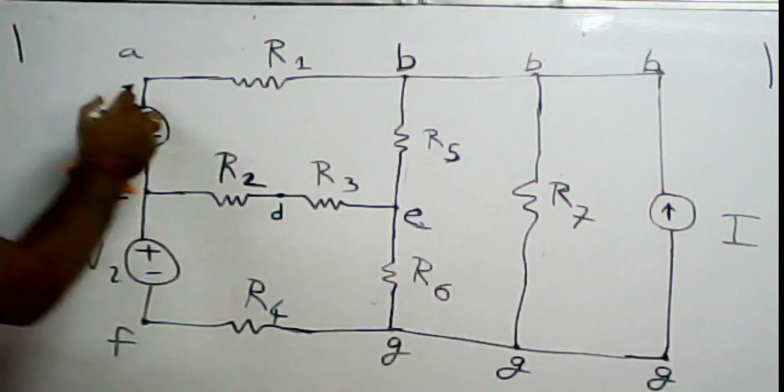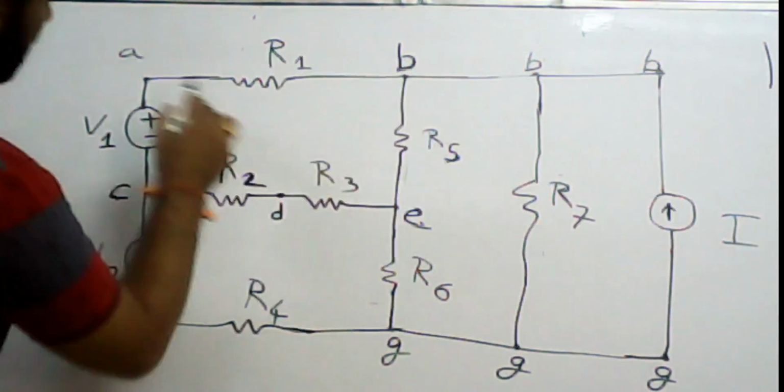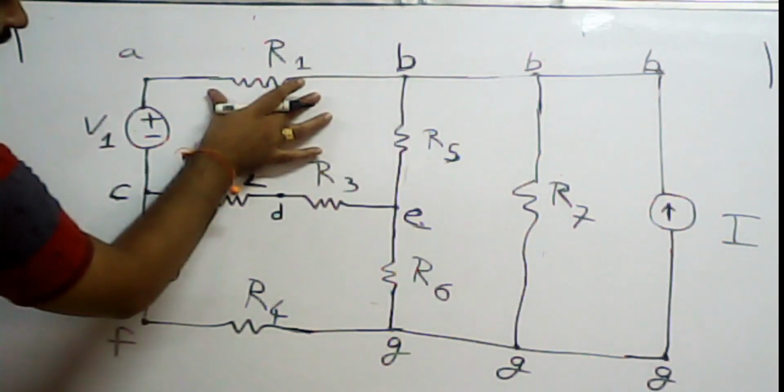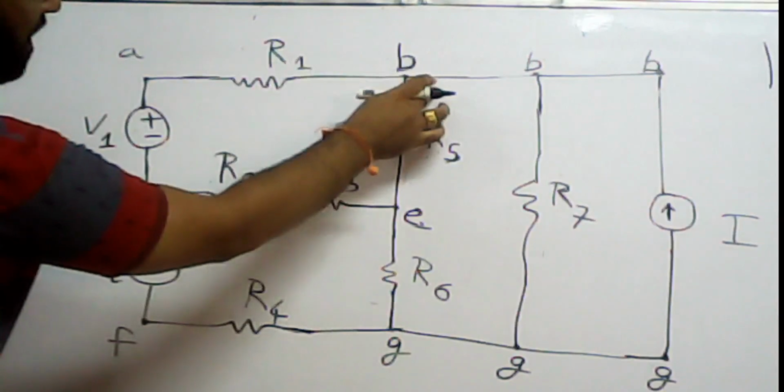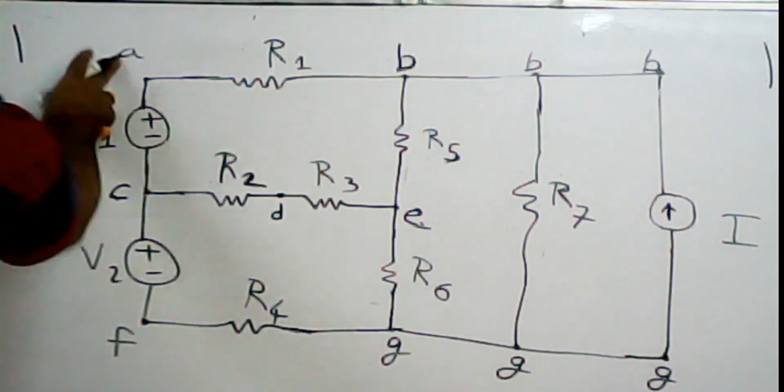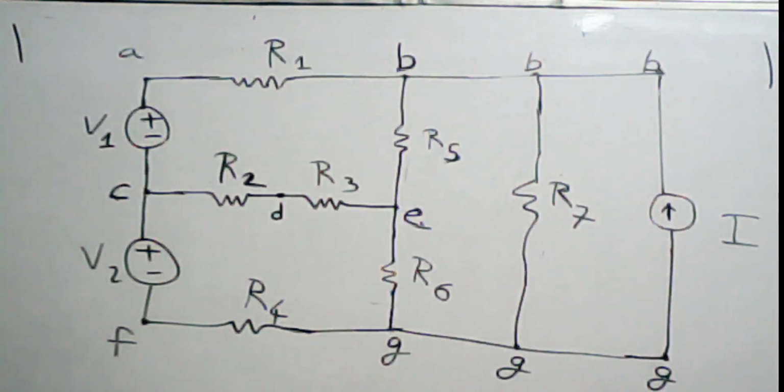Similarly, AB is a branch, BE is a branch, so ABE is also a branch. But we just name it as a circuit. If we have a circuit element somewhere, then between the two nodes, say AB, this is a branch. Any circuit element will be called a branch. Wherever you find a circuit element in the network, that part of the network will be called a branch. Like AC, CF, these are all branches.